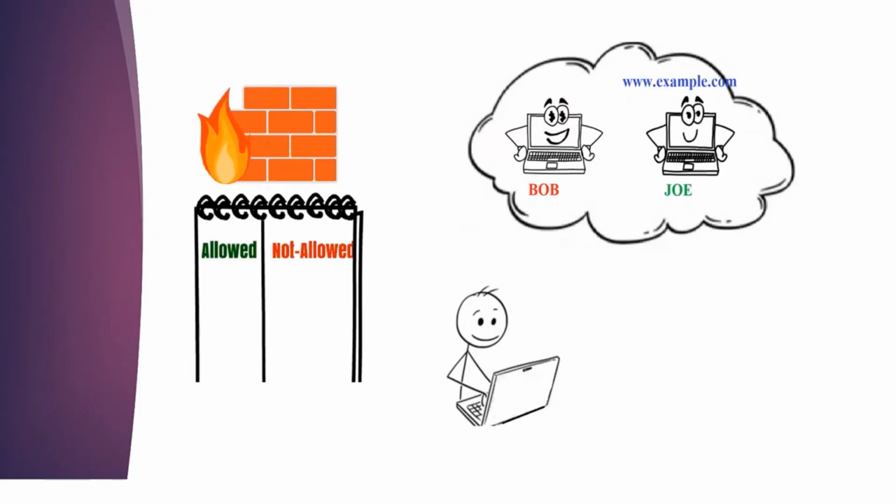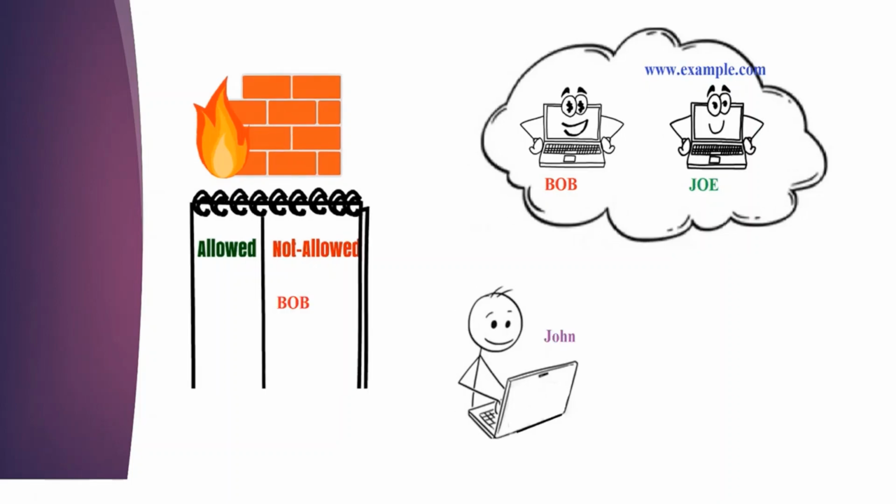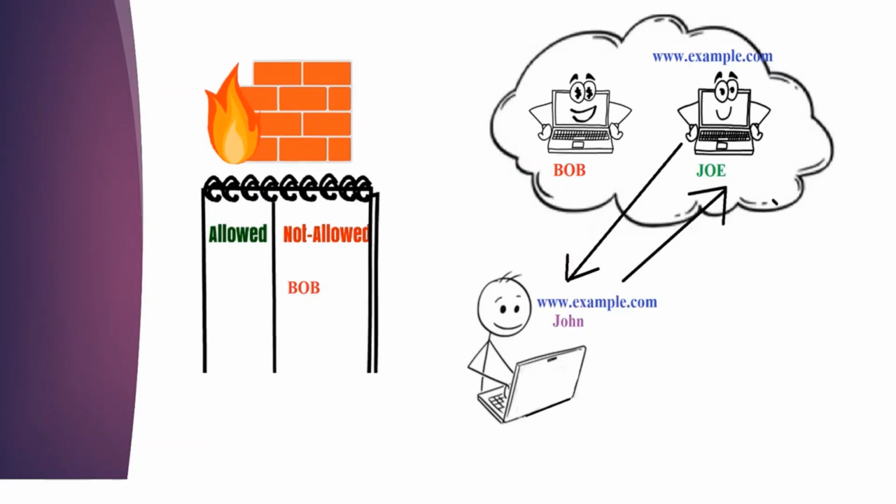A firewall maintains a list of permitted and prohibited computers. Consider this diagram where we have a computer named Bob and one named Joe. They are the names of two computers presented in the internet. Joe loads the content of the website called www.example.com, while at the same time, Bob is the hacker's computer and its name is listed in the prohibited section of the list of the firewall. Now we have John, who has requested the URL